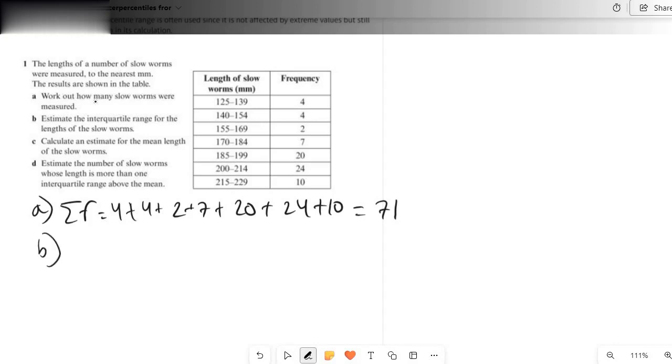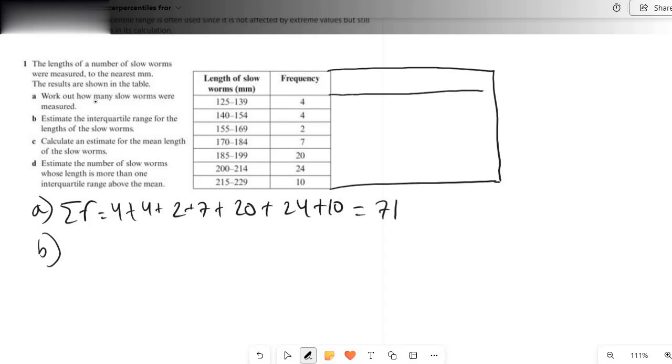For number B, we have to estimate the interquartile range for the lengths of the slow worms. So we have to make a vertical table here, and we have to correct the endpoints here because they are not connected, as you can see. So we can write down the cumulative frequency first because it's easier. So this is 4, then this is 8, 10, 17, 37, then we have 61, 71,